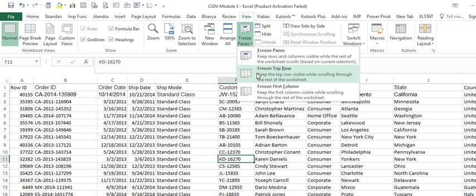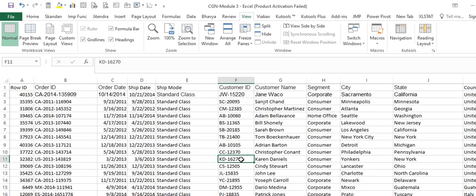It has the option of freezing only the first row. So actually there is another option which freezes all the rows and columns. Now this is how we do the freezing.